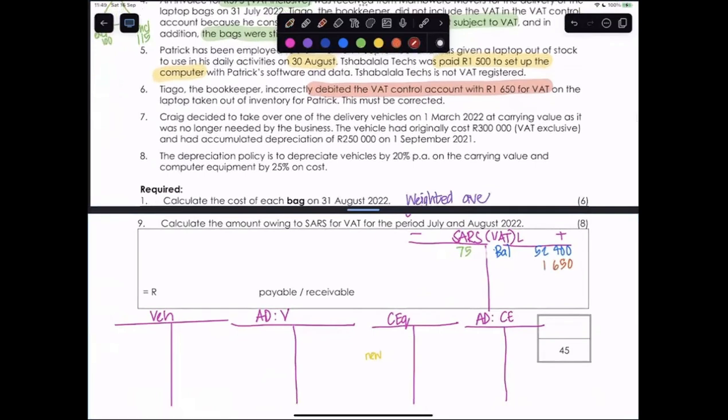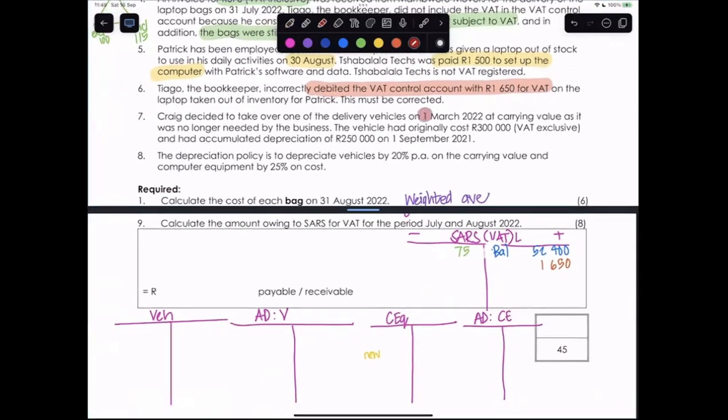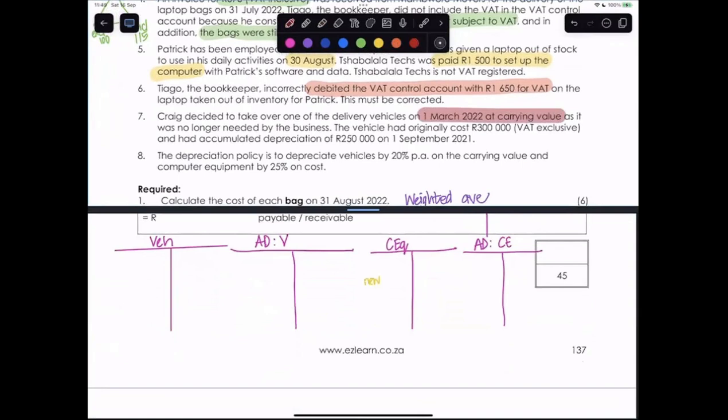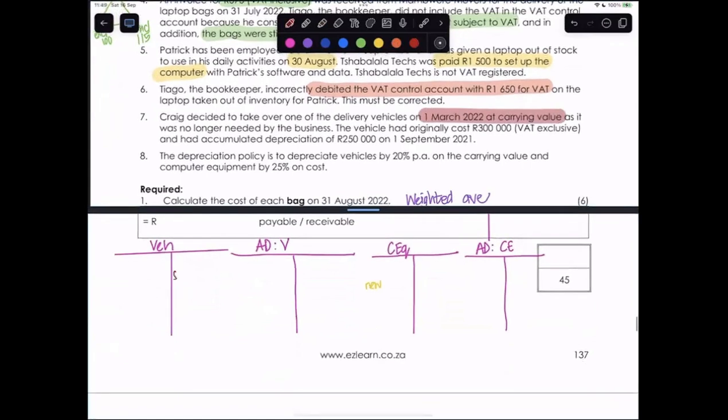Number 7, Craig decided to take over one of the delivery vehicles on the 1st of March at carrying value. So that means that in your vehicles account, you would have something being sold on the credit side, even though it's just being sold to the owner. And it was on the 1st of March 2022. In other words, the business would only have had this for 6 months, from the 1st of September 21 to the 1st of March 2022. And so I always like to put my number of months over there, 6/12, because that's how we'll calculate the